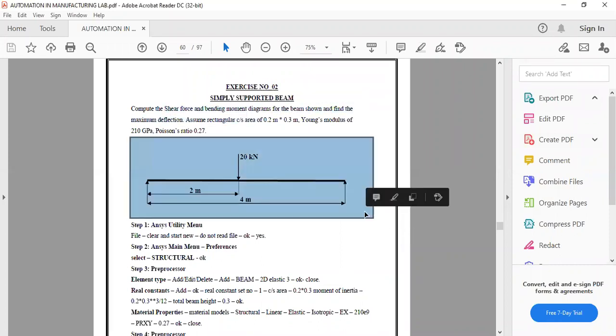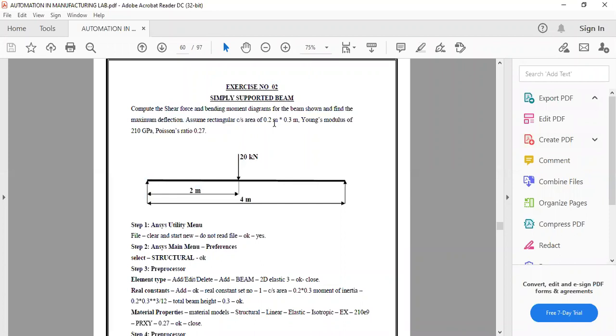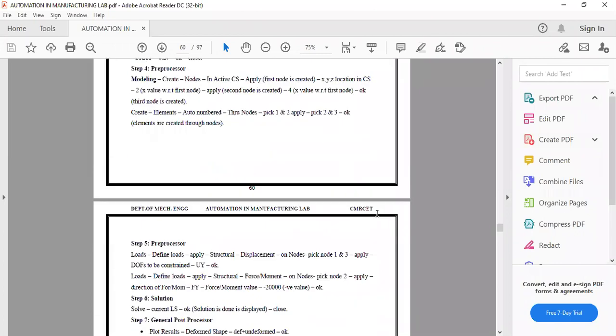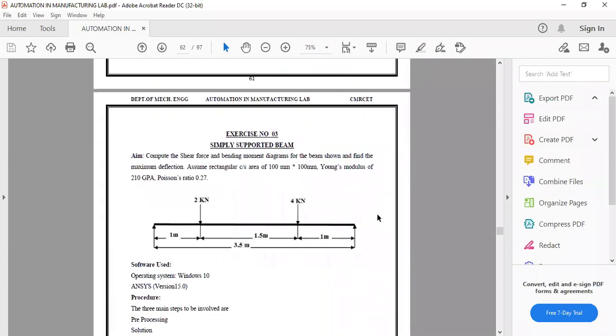The cross section area of this beam will have an effect, right? The cross section is also a parameter to be used as an input, along with the Young's modulus and Poisson's ratio, the material properties. So we'll analyze that to check the SFD and BMD.